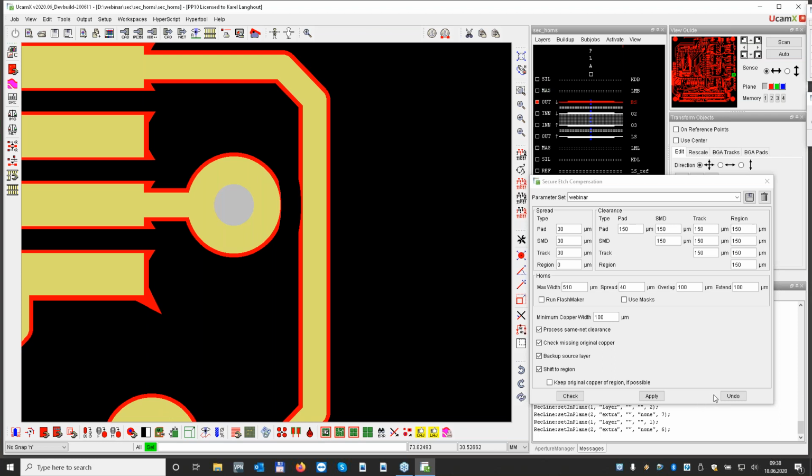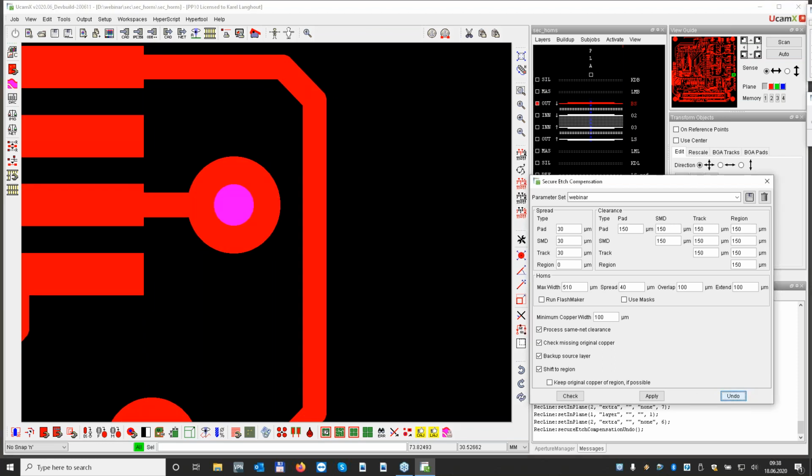We have an undo button, and when I press it, it will remove all your edge compensation data. And this undo button will also work a year after, and maybe also 2 years after you did your compensation.